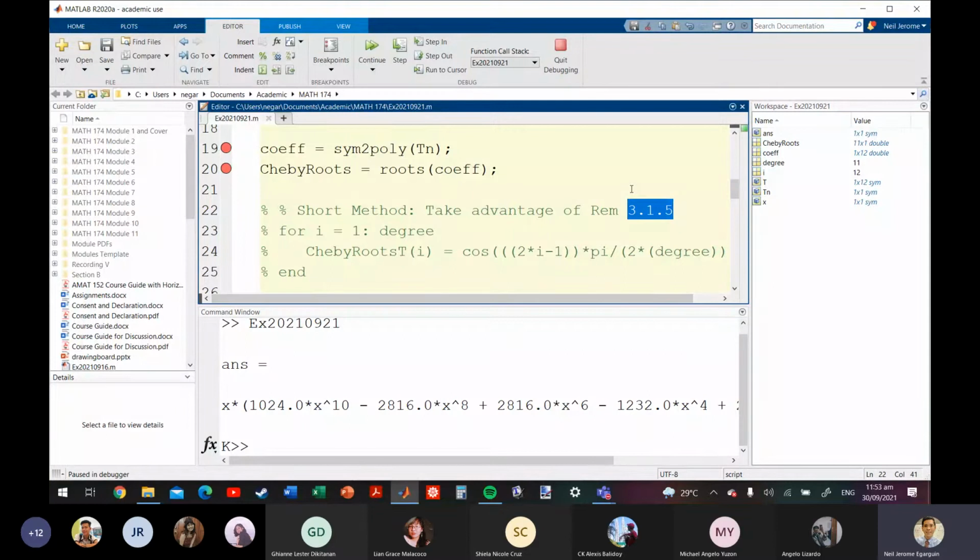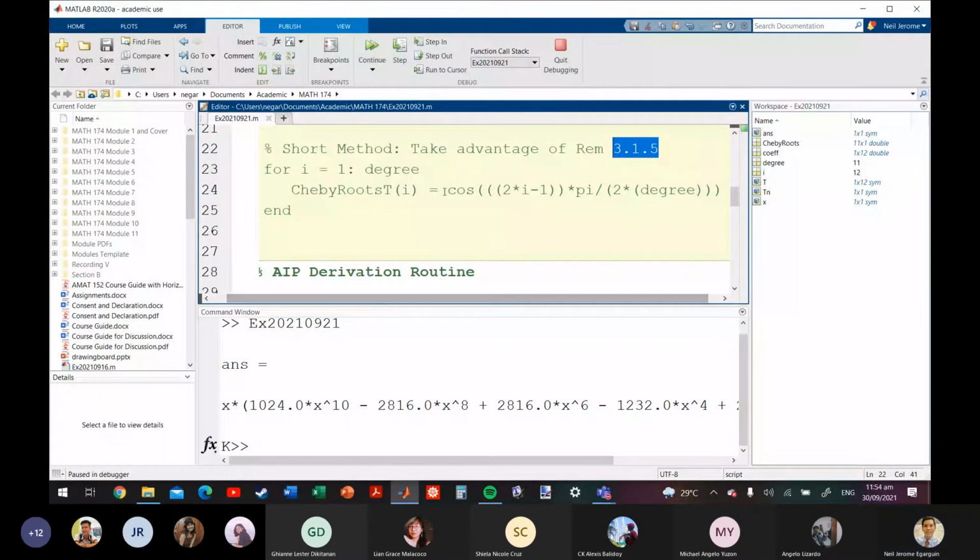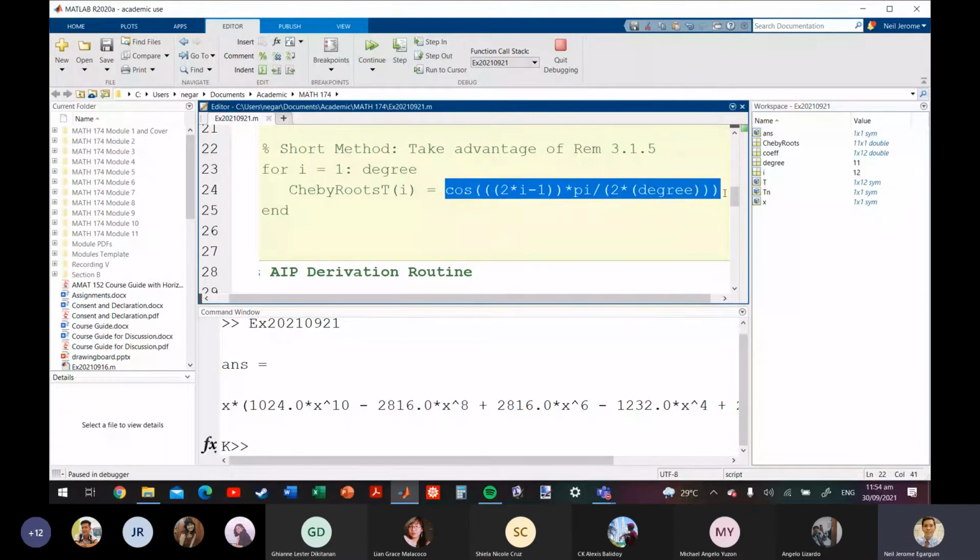Statement 5. Dun sa statement 5, kinompute na or given na kung ano yung mga Chebyshev roots. So kung ayaw nyo nang computein yung mga Chebyshev polynomials, pwede nyo gamitin itong lines 22 to 25, which computes for the roots following the formula given in the remark. Okay? Mas madali ito from a computation point of view. Okay? Now you will get approximately the same answer with this long method. Kaya ako sinabing approximately kasi pwedeng merong mga rounding off errors kasi again, these are finite machines, ititigil nila yung computations at some point.